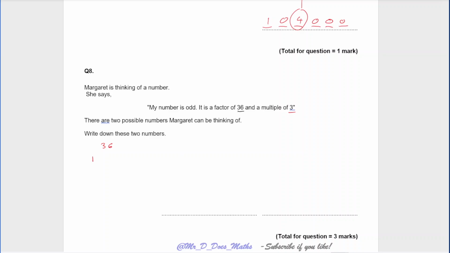So factors of 36: 1 and 36, 2 and 18, 3 and 12, 4 and 9, and 6 and 6. Right, my number is odd, so let's get rid of all the even numbers. And a multiple of 3. So that only leaves me with 3 and